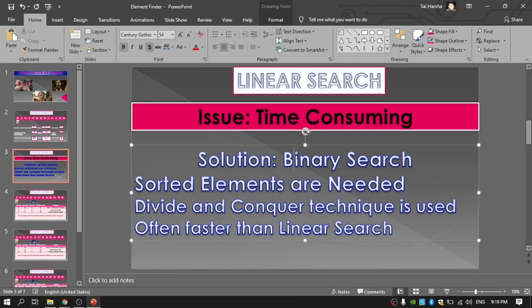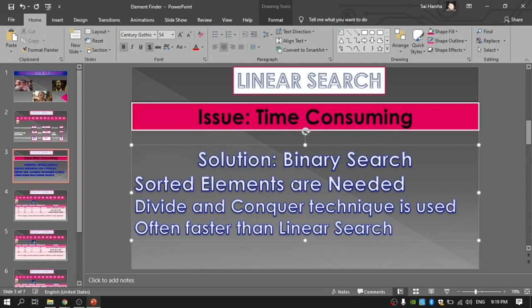To implement this binary search technique, one mandatory criterion is that the elements should be sorted, either in ascending or descending order. Either way, sorting is required. And as I divide the elements into two parts, that's why bi has come right here.